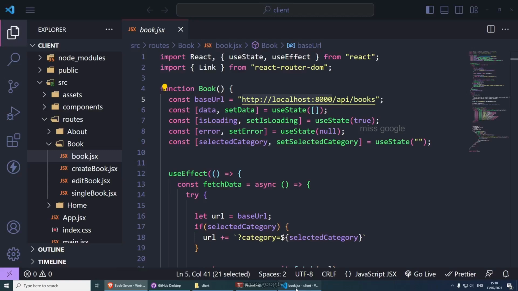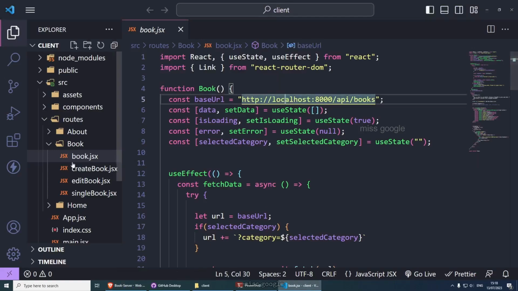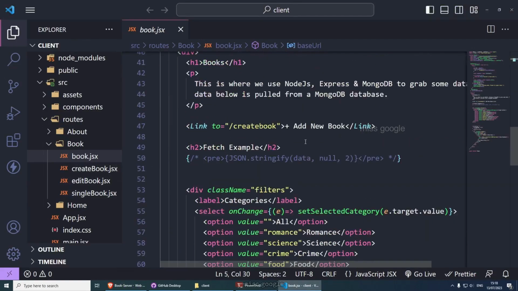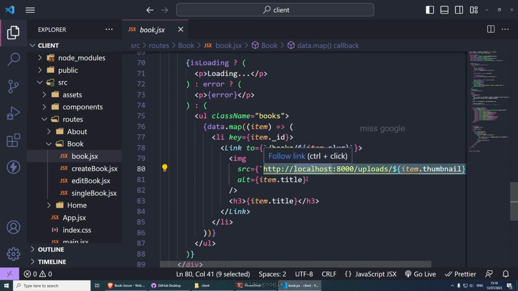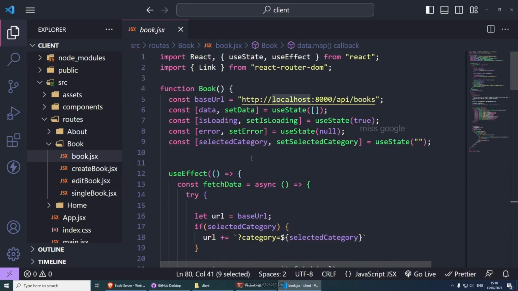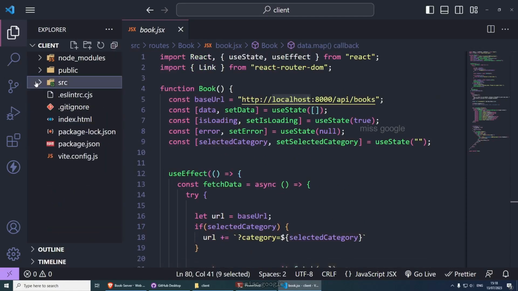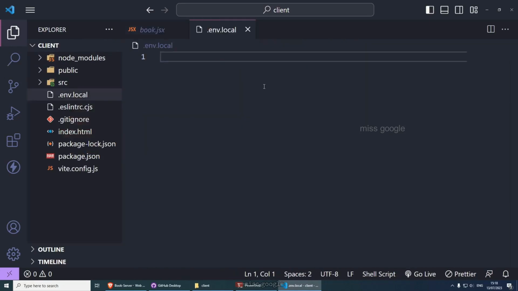And I'm going to copy this. Now, the problem here that I'm having is that we have localhost in a couple of files. If you scroll down, we probably have a couple of times here as well. And we're repeating ourselves and it's pretty hard to update. So what we can do is create another env file inside our client. And this is going to be called .env.local. And inside here, since we're using Vite, we need to put VITE, like so, underscore,